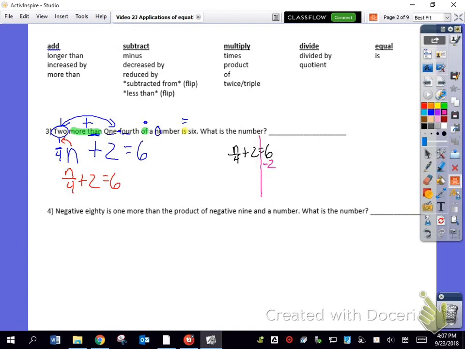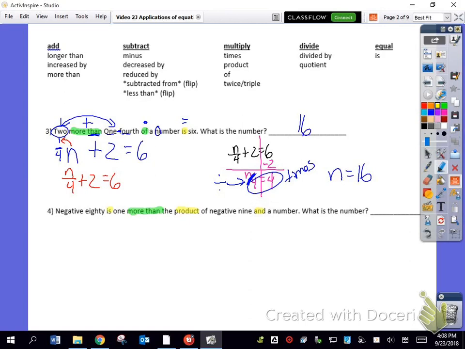Opposite of adding 2 is to subtract 2, so n over 4 equals 4. Since this is division, remember that is divide. The opposite of divide is to multiply. So I'm going to multiply 4 times 4. So n equals 16. On number 4, you have negative 80 is 1 more than the product of negative 9